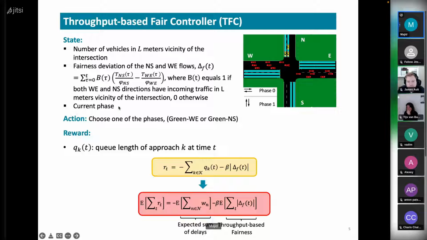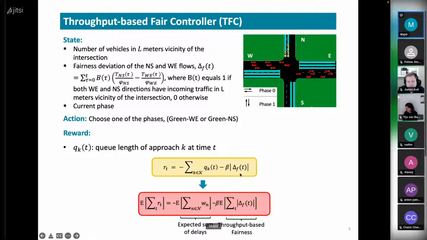And finally, we are using the current phase. The action is similar to before. We want to choose one of the phases at each time step. For the reward, we are using Q sub KT, where K denotes the approach and Q is the queue length for that particular approach at time T. So we define the immediate reward at time step T as the summation of the queue lengths for all the approaches